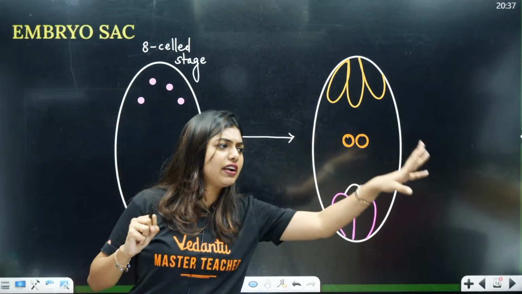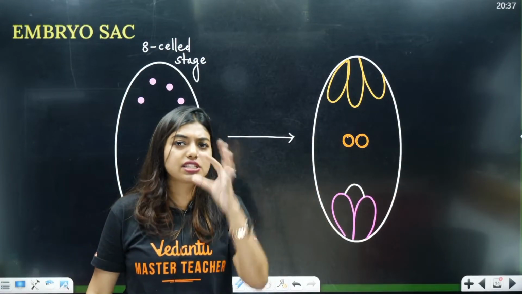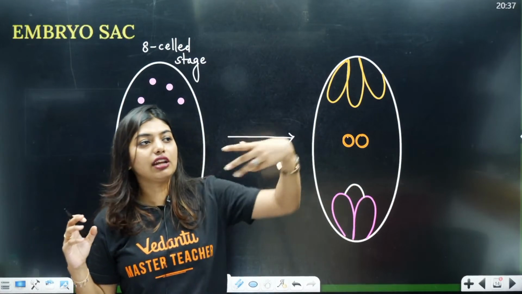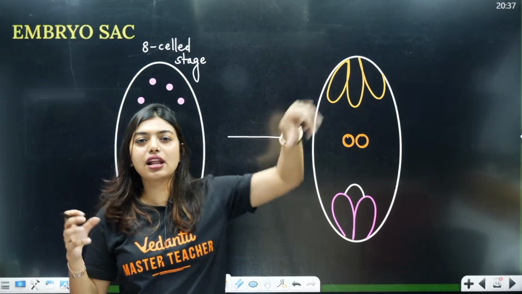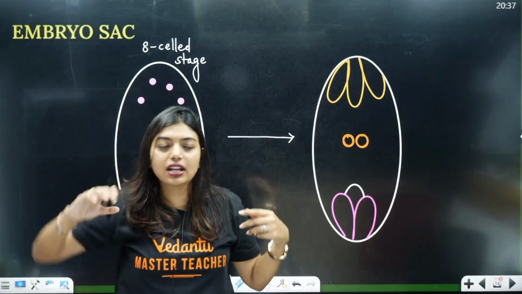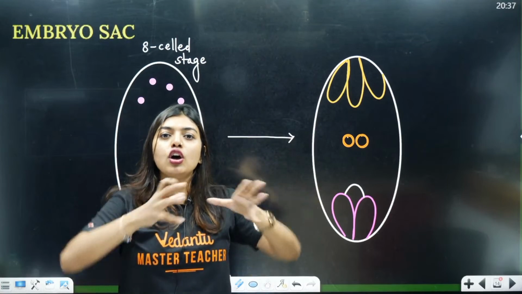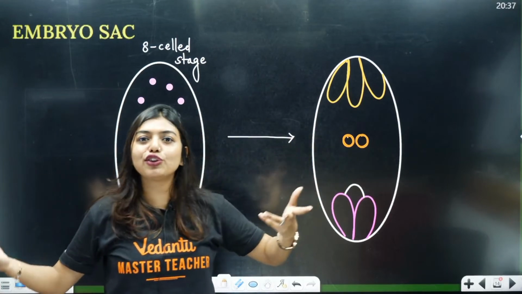Think of when the PD teacher whistles, what happens? We all run, telling each other that it's free time for us. 3 will go that side and talk about a maths class, 3 will go this side and talk about Hindi class, 2 will come here and be like, you know what, that ma'am was wearing this sari. So everyone will start talking about different concepts, right?